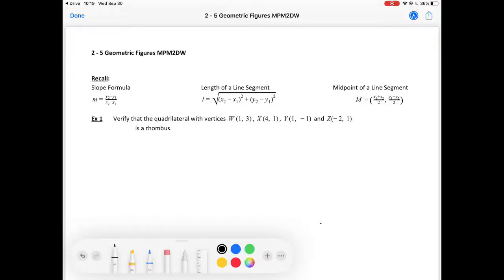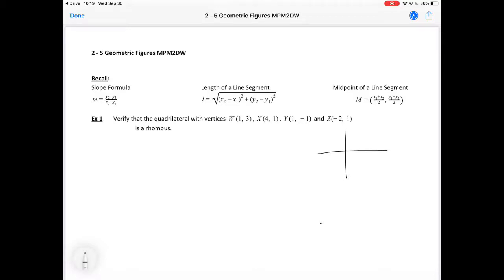This video goes over two examples of how you can prove different properties of geometric figures using analytic geometry. So the first one that we're going to do is verify that a quadrilateral with vertices W, X, Y, and Z is a rhombus. So the first thing that I'm going to do is sketch my 4 points to visualize